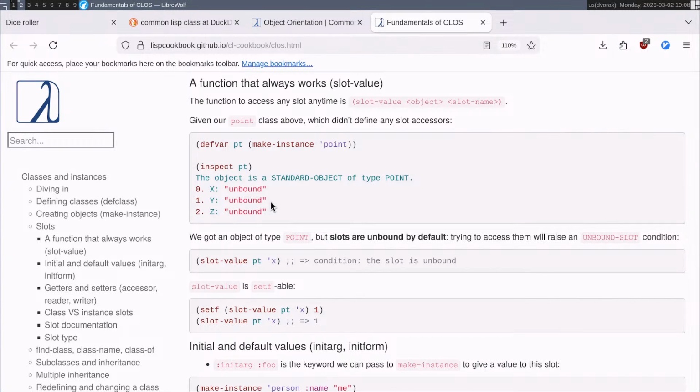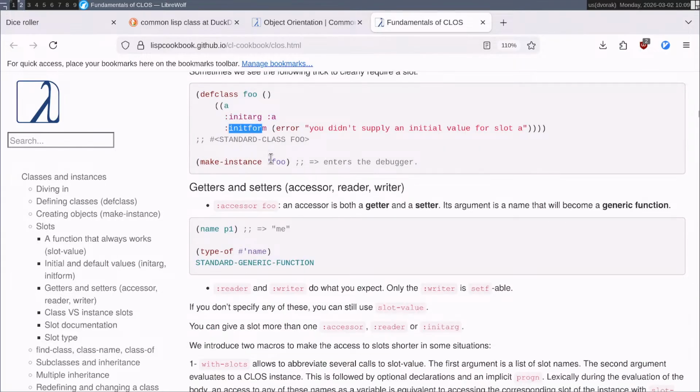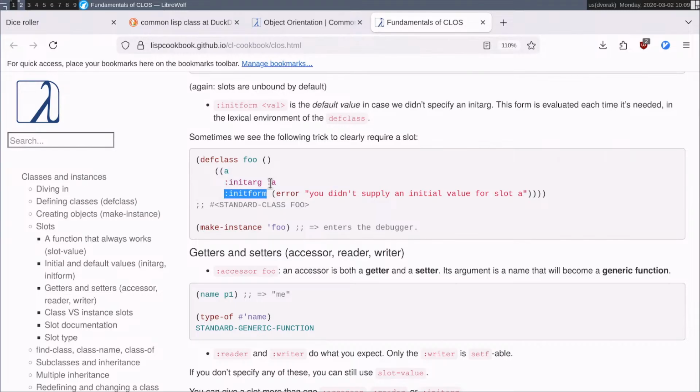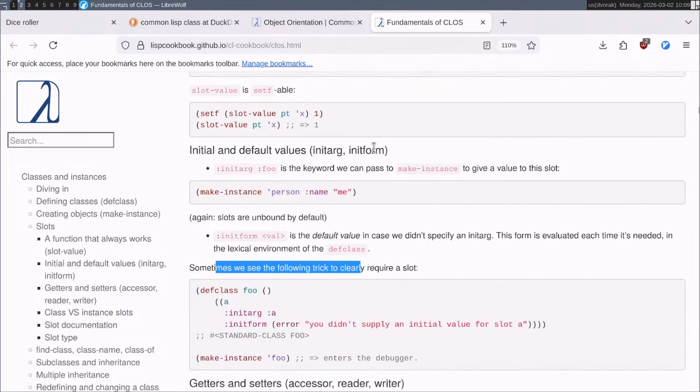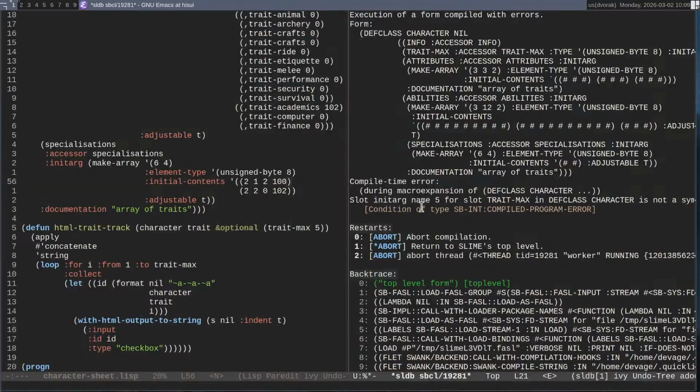Oh. That's hard, actually. We've got an object of type point. Yeah, that's nice. Initial form. Does that give the default value, in case you didn't. Okay.